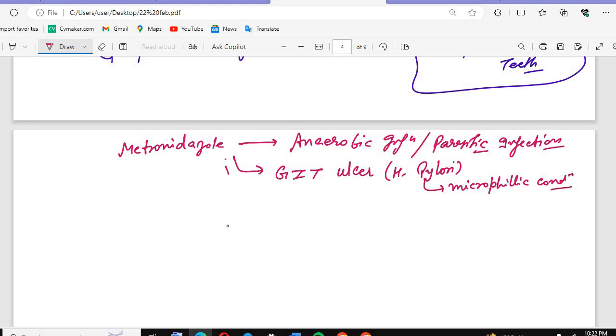Along with that, we can also use it in the case of Trichomonas vaginalis. In Trichomonas vaginalis, what did we study? We studied there is a strawberry... Can anyone just write me in the chat box, in which condition do we find the strawberry gums? Please write me. I forgot actually. I have very little memory. Can you just write me? Strawberry gums are seen in